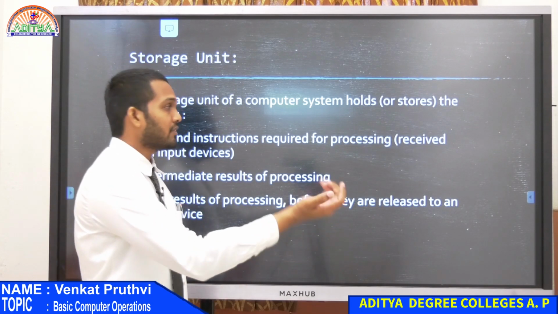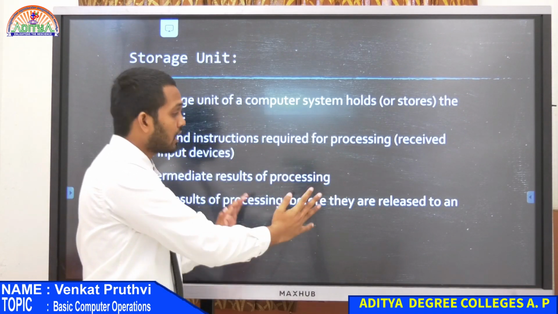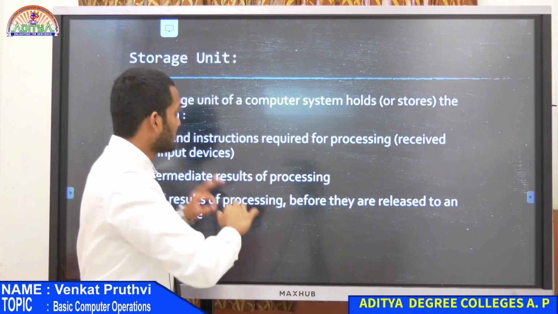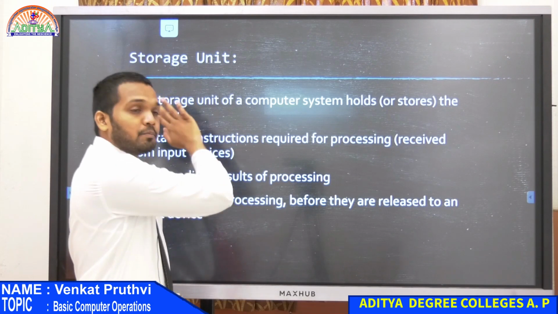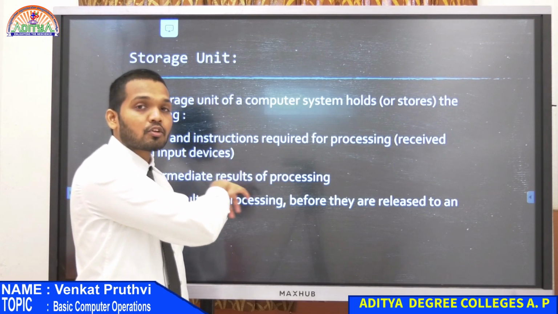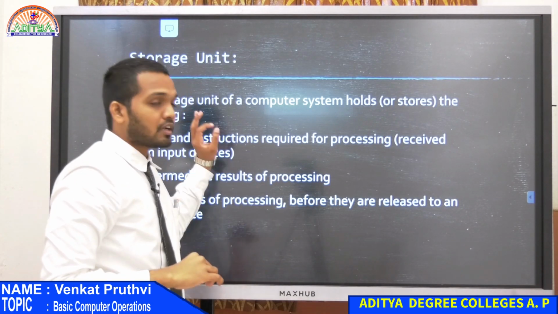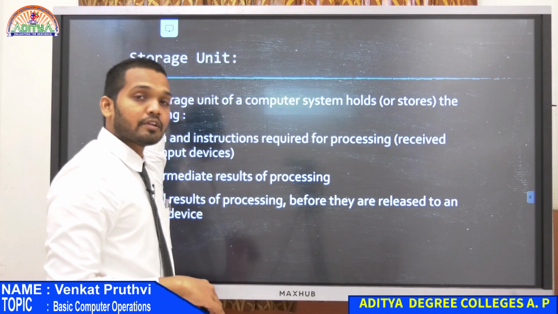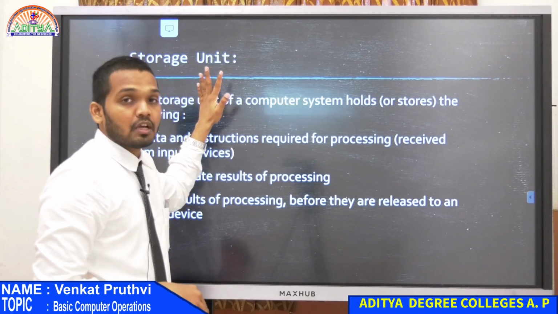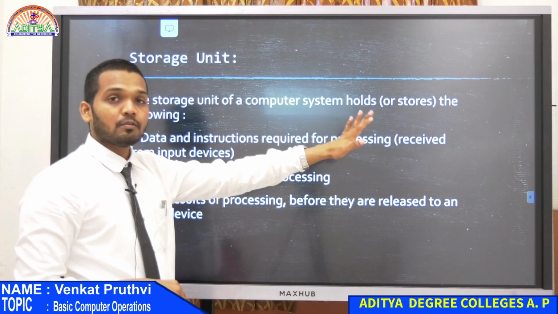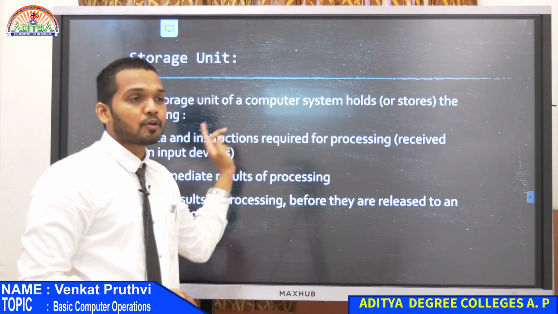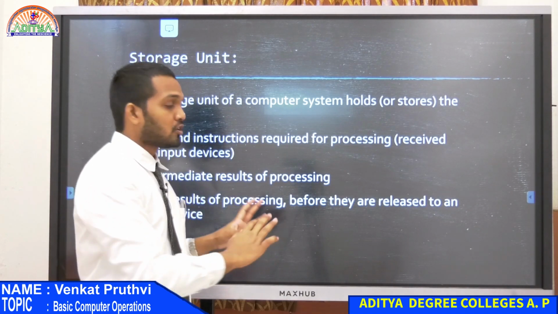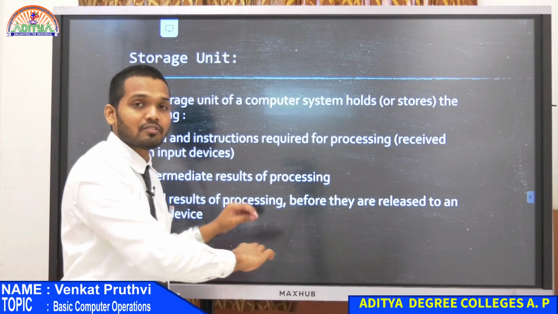Now, what were we discussing previously? We had an input unit. It was nowhere connected to your output unit, nor to the CPU. The input unit is only internally controlled by the controlling unit. It is not even directly connected to the arithmetic and logical unit. The input unit is only directly connected to the storage unit. In the same way, the storage unit is connected to the output unit. Input and output can only directly access the storage unit, and they don't have any direct access to the CPU or the controlling unit present inside it.